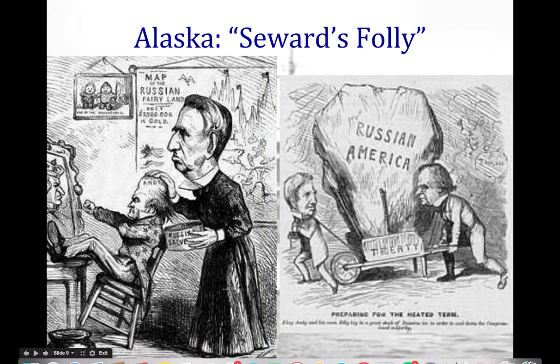The first cartoon that you see on the left, this is William Seward here, and then this is supposed to be Andrew Johnson. Basically what William Seward is doing is he's wearing a dress, as you can see, so he's sort of taking on the role of a mother, and he is patting the head of his child, who is Andrew Johnson. And he also is, you can see, dressed as Uncle Sam.